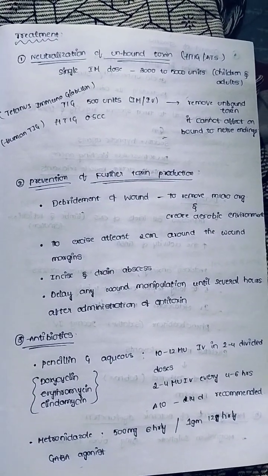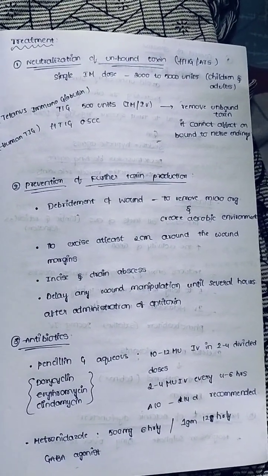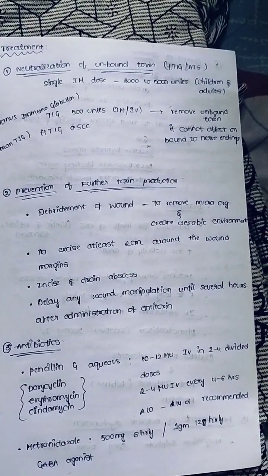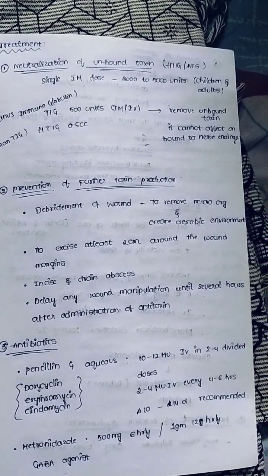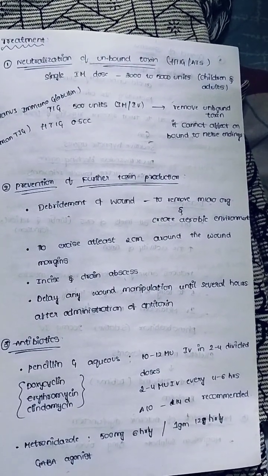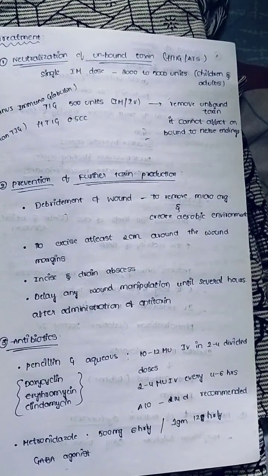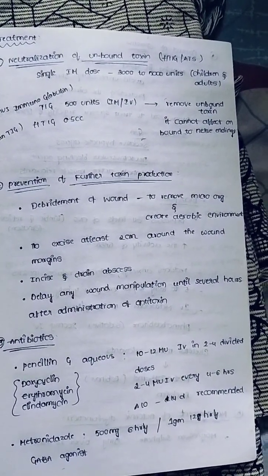Another step is prevention of further toxin production by debridement of the wound to remove the microorganisms and create an aerobic environment. Recent studies show access to at least 2 centimeters around the wound margins